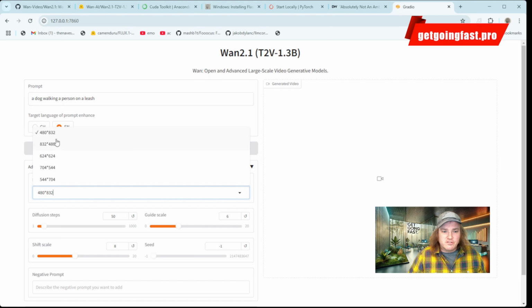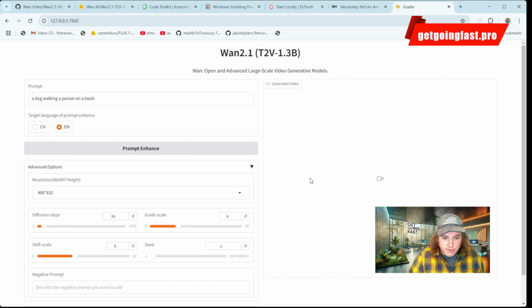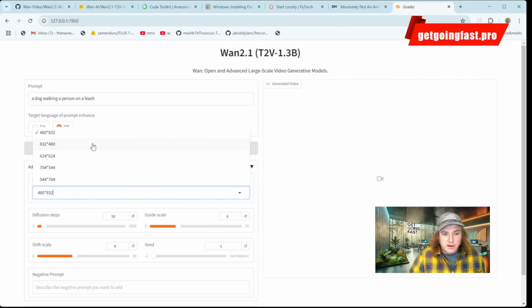Notice it's going to give us the different dimensions. Now, the only two that really are going to matter are these top two. It has these other ones in there. You can play with them if you want. I don't think they're going to work, but you can play with them. And if you go too high, they're going to bust. In fact, I'll try one here. Let's click something smaller than that, though. Let's try